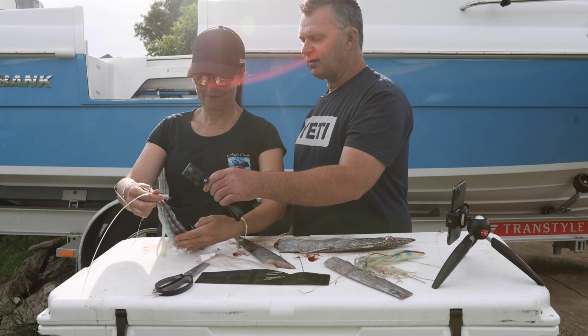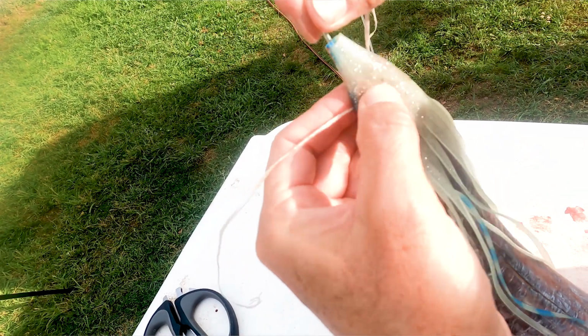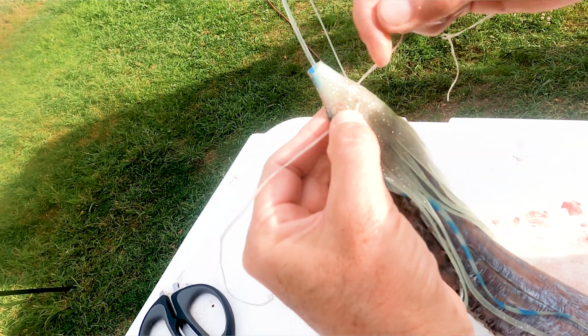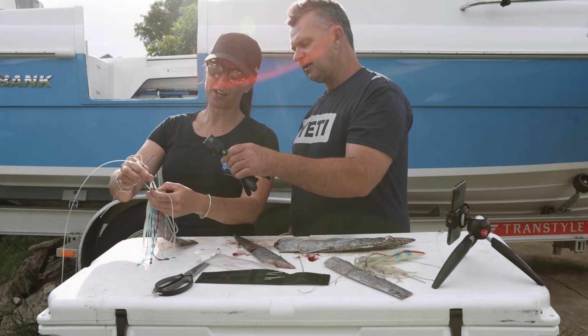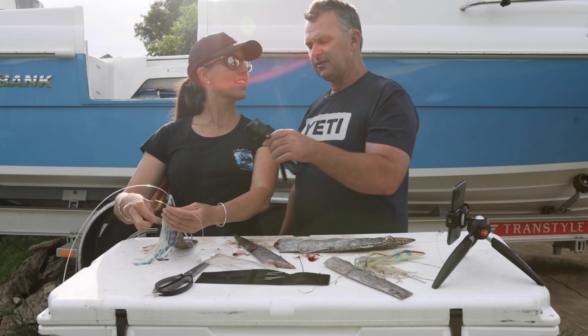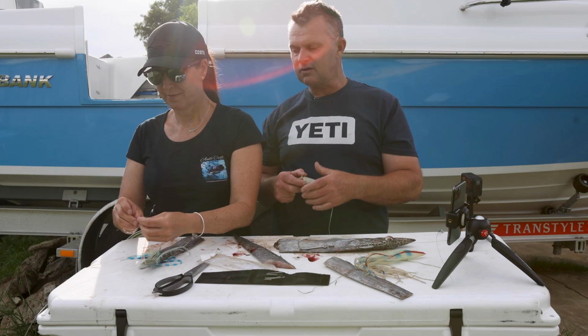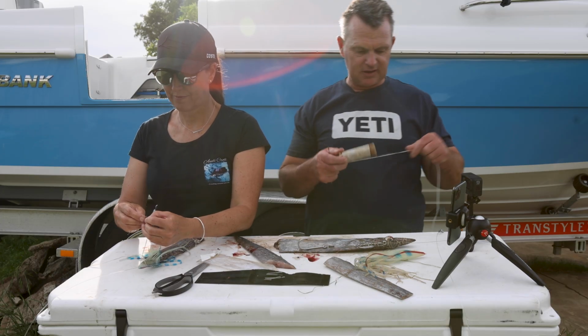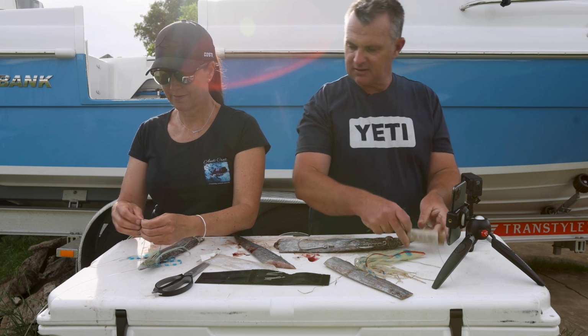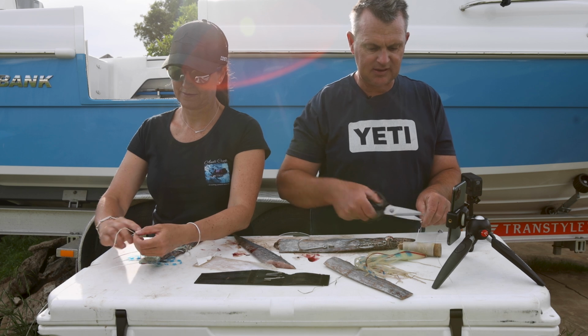And what have you done across the top here? Pop the skirt on, and I'm just going to do a cross stitch to make sure the line's secured on either side of the line it goes through, and it just makes sure that the skirt can't slide up or down. Anything else? Beautiful. Absolutely perfect. So while Auds is finishing hers off, I've got a second hook on this one. So I'm just going to trim this one and put it in,